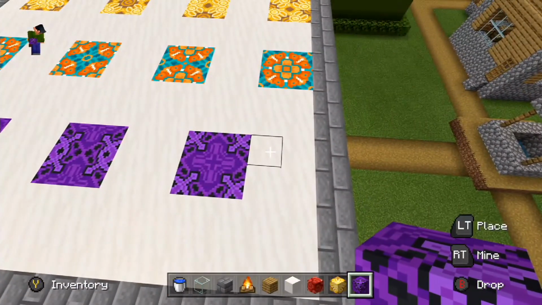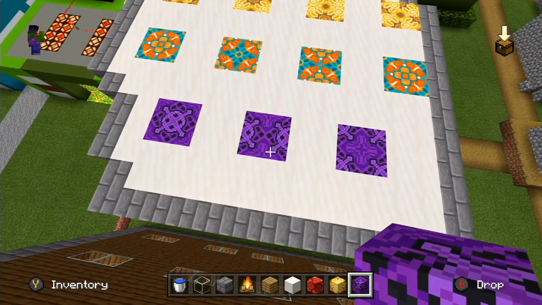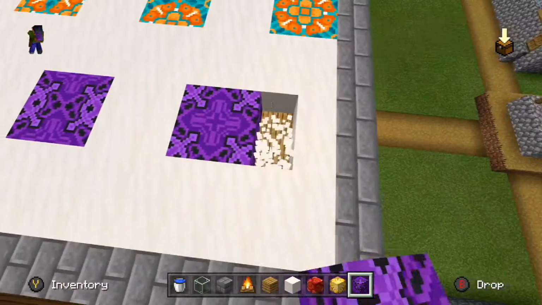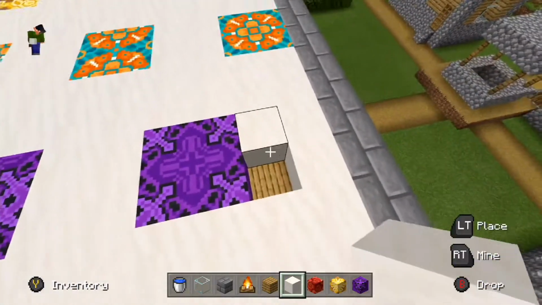And then we don't really have room for another one. I guess, should I move those over? I don't know if there's any good way of doing that. Because if I move this one over, like, there, then we would have...